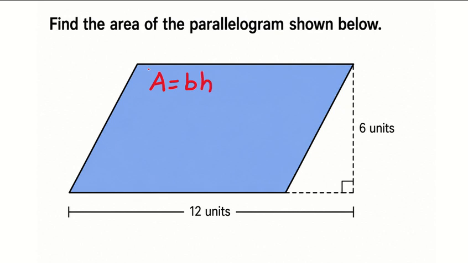So, in this case, the base is 12. So we can simply take 12 and multiply it by the height of 6. 12 times 6 is 72. That means our area equals 72 units